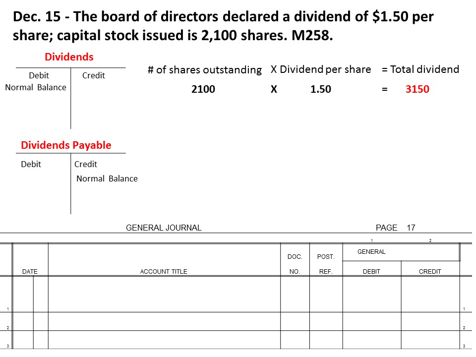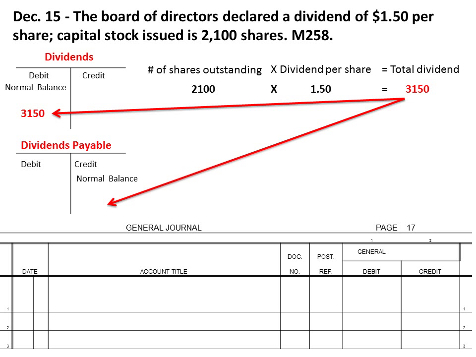Once we actually issue the check, there will be a debit entry onto the dividends payable. But for right now, because we're just declaring it, and when you declare and when you pay are often two different times, you're going to see a credit balance for the payable. So our total dividends we said was $31.50. We put it as a debit balance for dividends, and then our dividends payable, obviously a liability, is going to be $31.50.